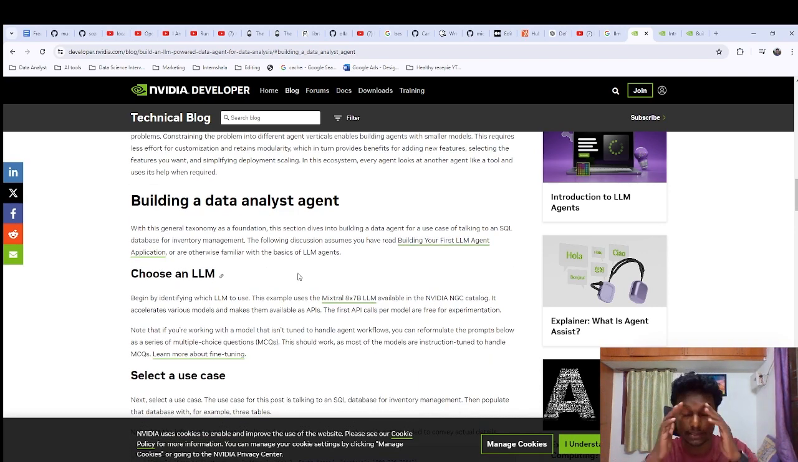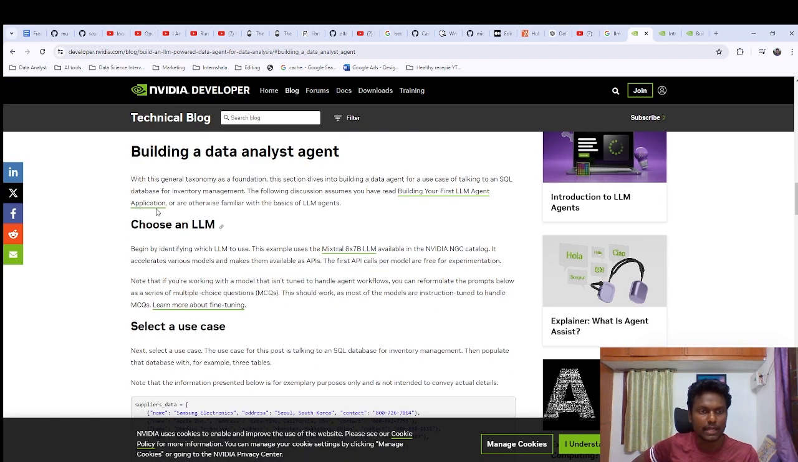Building a data analyst agent with this general taxonomy as a foundation. This section dives into building the data agent for a use case of talking to an SQL database for inventory management. The following discussion assumes you have read Build Your First LLM Application or are otherwise familiar with basic LLMs. Choose an LLM. Begin by identifying the LLM to use. This example uses a service that accelerates various models and makes them available as an API. The first API call per model